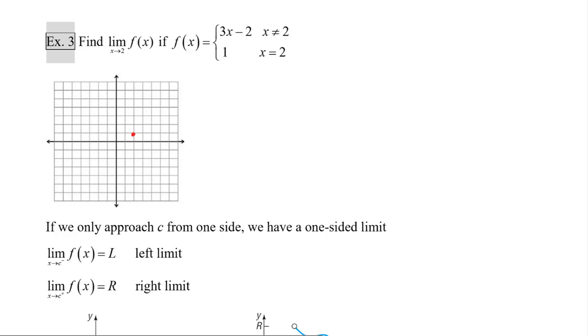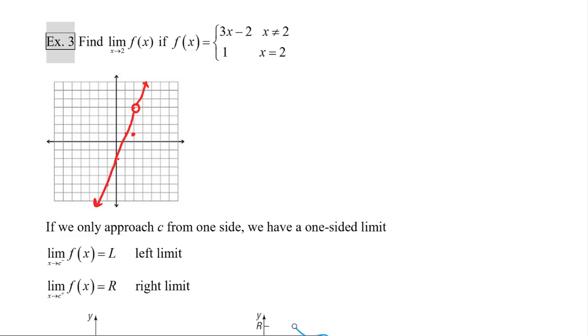Now when x doesn't equal 2, I'm going to be graphing the line y equals 3x minus 2. So I will make my y-intercept negative 2 and I will have a slope of 3. Now keep in mind that I can't graph this line when x is equal to 2. So right here where x is equal to 2, I'm going to draw a hole and then I'm going to